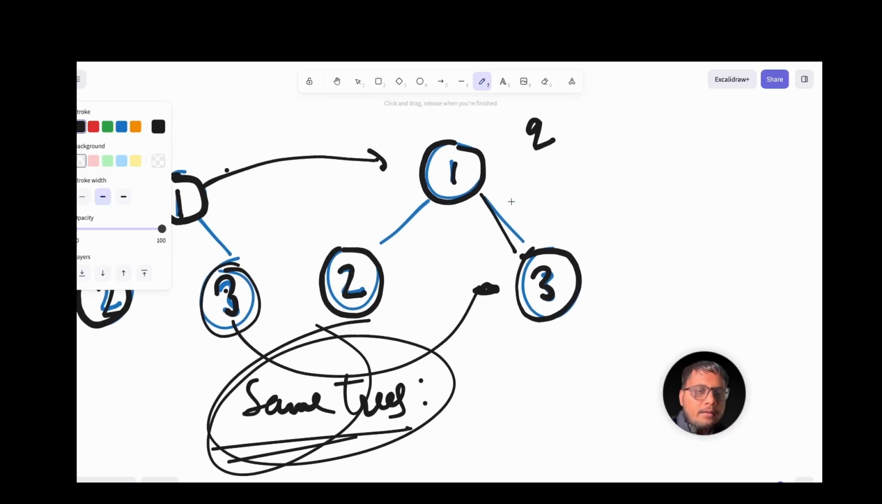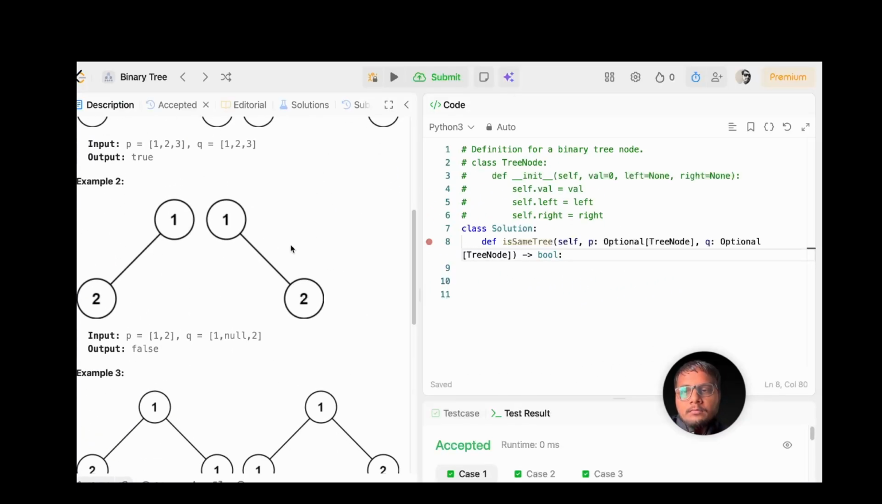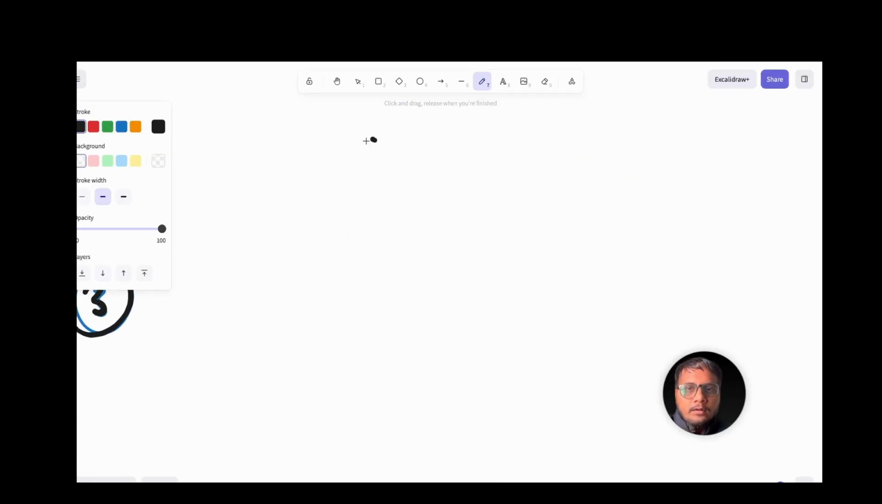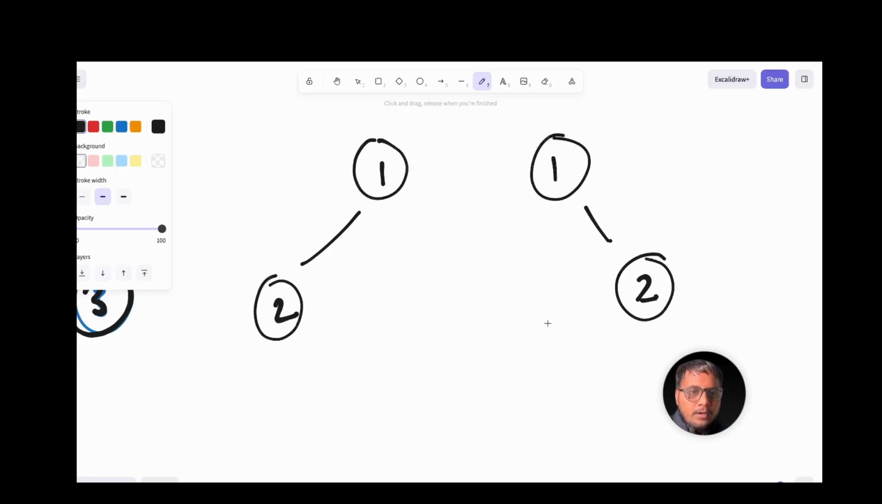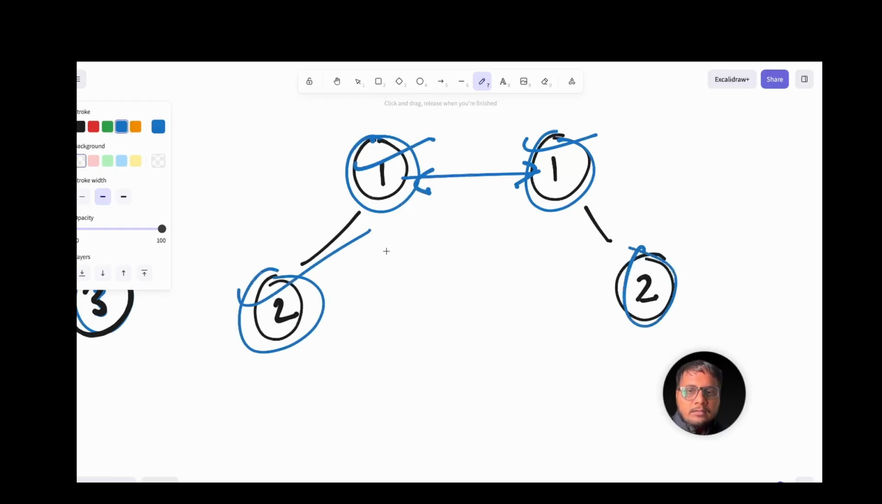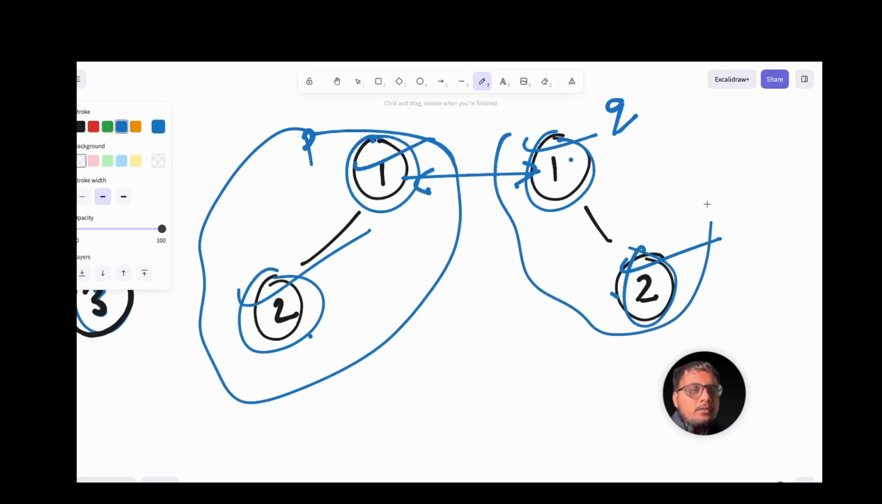Let's take one more example of a not-same tree. Let's take this one: 1, 2, and 1, 2. Here we can see that these nodes are matching. This matches with this. Value wise they are matching. Move to this one. This is matching with this. 2 and 2. So in this fashion we have two root nodes. This is p, this is q, and by value they are the same, but structurally